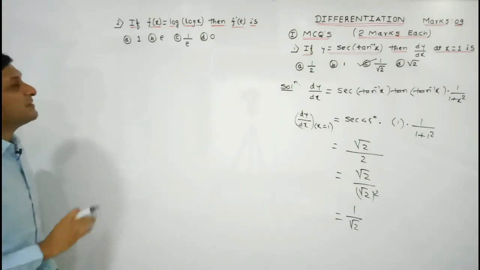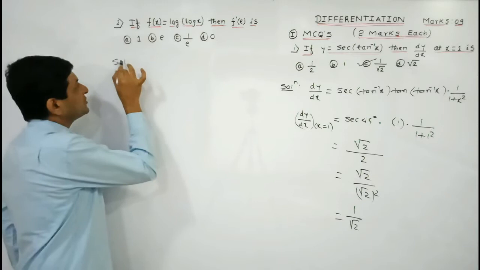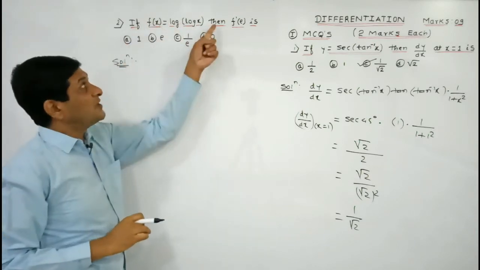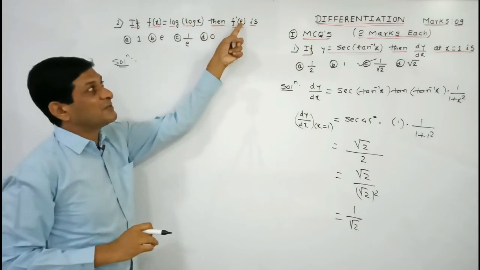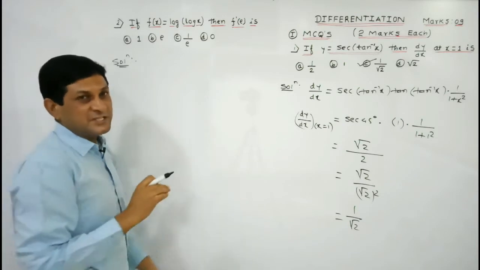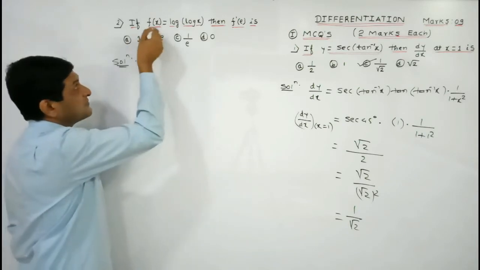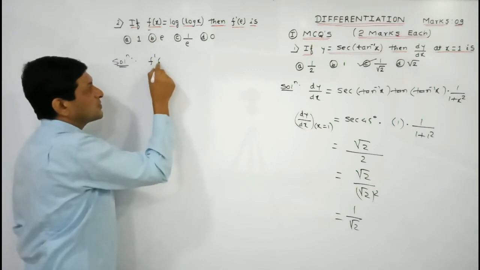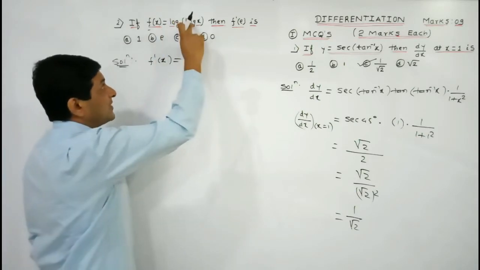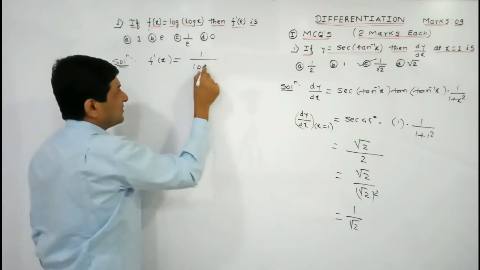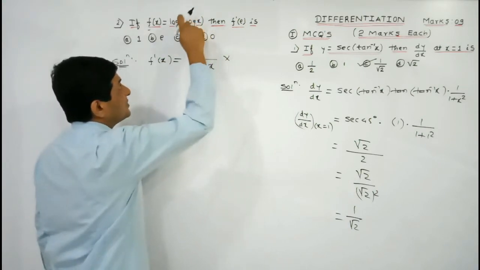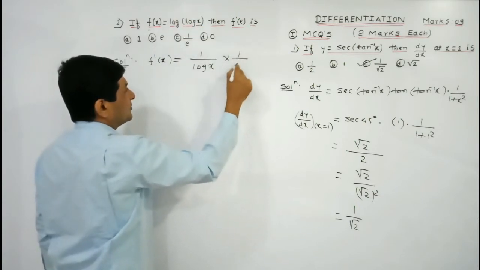Now see example number 2. In this example, one function is given to us, f of x is equal to log of log x. Using this, we have to find its derivative at x is equal to e. To find its derivative at x is equal to e, first we want its differentiation. So let us differentiate it. The derivative of f of x is denoted by f dash of x. On this side, observe the function is in the form of log f of x. So its derivative is 1 upon f of x. What is the value of f of x here? log x. So 1 upon f of x into the derivative of f of x, meaning the derivative of log x, will be equal to 1 by x.